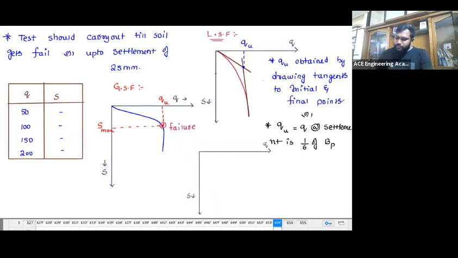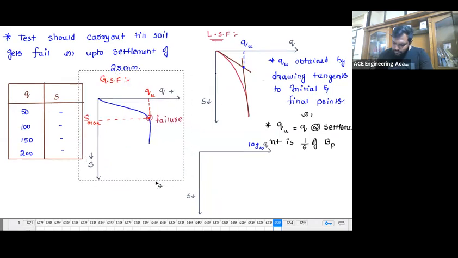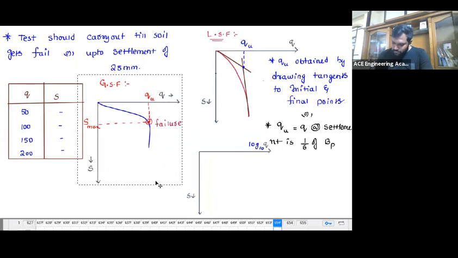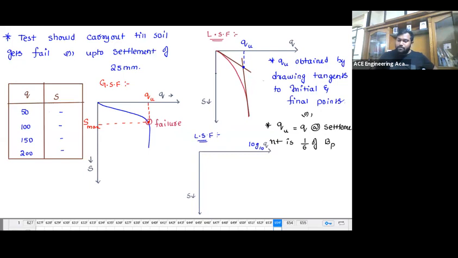The other way is, we plot the graph in a log scale. For this one, this is also going to be the LSF one. When you plot the graph, the tangents intersect to decide the failure point. That's what I'm going to do. Please observe why this is not good: this is an approximate way. That's the reason why what we do is